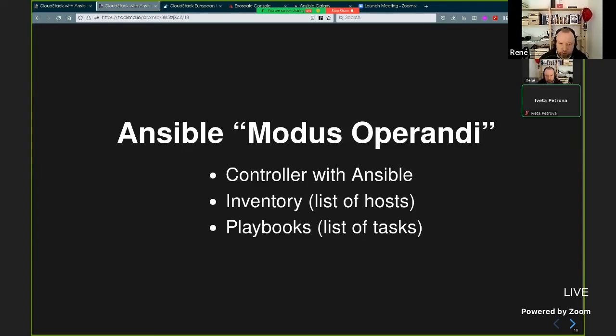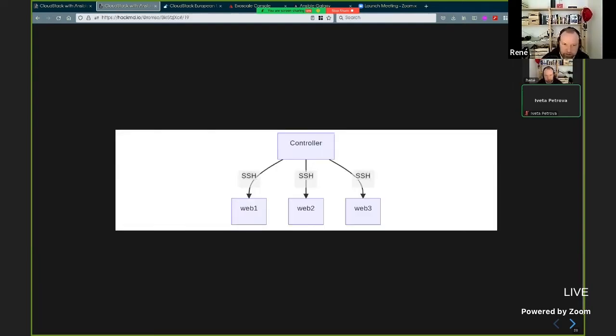To take action, you use playbooks, which are a list of tasks, basically. So you have the controller, and you connect by SSH to your infrastructure or to your VMs. But of course, if you don't have any VMs on your cloud yet, then you have to create those VMs first, and that's what we do with our Ansible integration. On our controller, we don't use SSH.